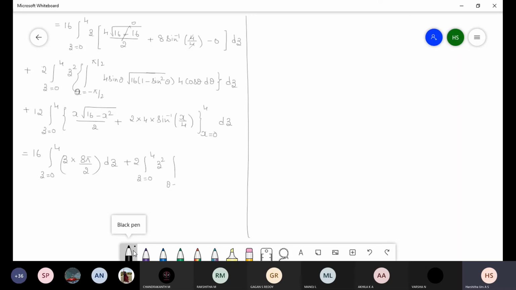Here again theta is equal to minus pi by 2 to pi by 2. Here 4 fours are 16 sin theta cos theta. Again square root of 16 is 4 into 1 minus sine square theta. I just write here 1 minus sine square theta is equal to cos square theta. So root of cos square theta is cos theta. So 4 into cos theta into d theta. Next, third one,